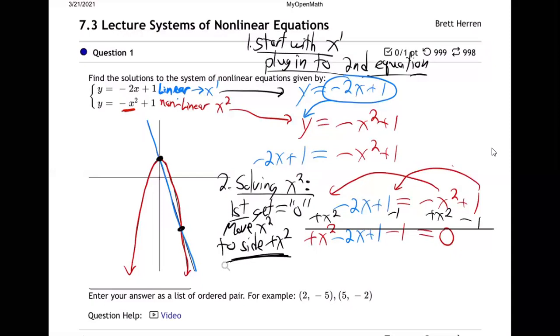So now what do we have? Now we have x squared minus 2x equals 0, right? The plus 1, the minus 1 cancel. All right, we good there? And now,